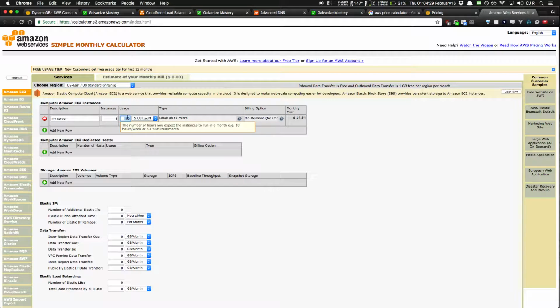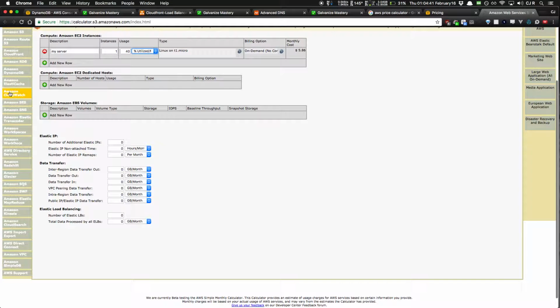If I say, oh, well, people only use it during the day, like 9 to 5, what's that, like 40% of the month? Then it's like $6 to run the instance. So that's for the instance. You can also go in here and then choose